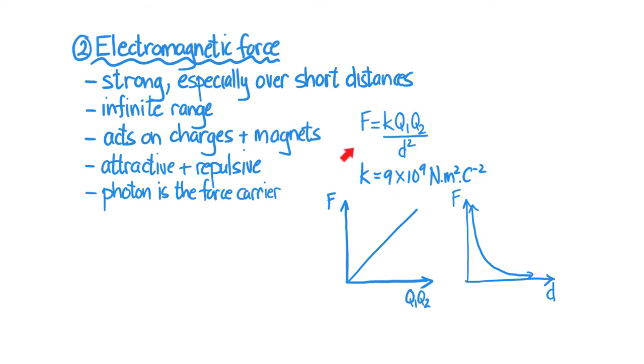So this is a much, much stronger force, and it's exceptionally strong, especially over short distances. It also has an infinite range, and the reason for that is the virtual photon has a zero mass. It acts on charges and magnets, and it's attractive and repulsive, and that is why, albeit that it's so much stronger than gravity, we don't experience it on a day-to-day basis